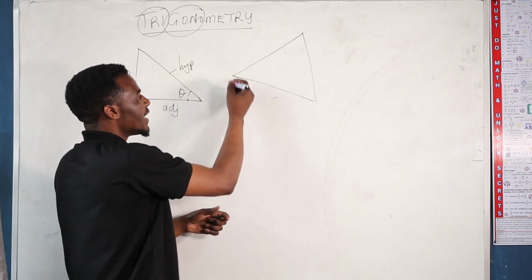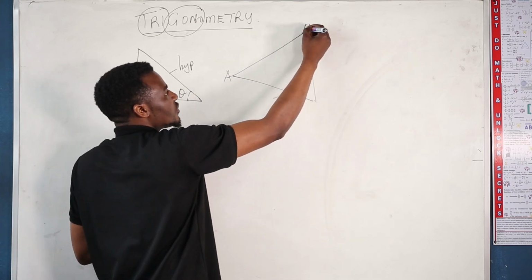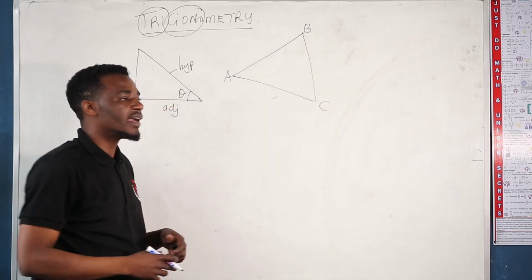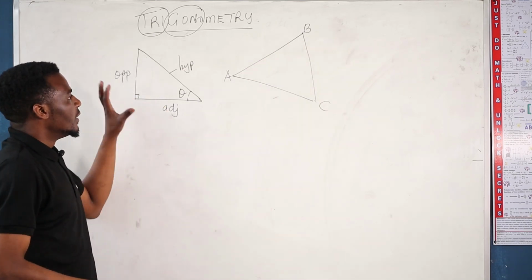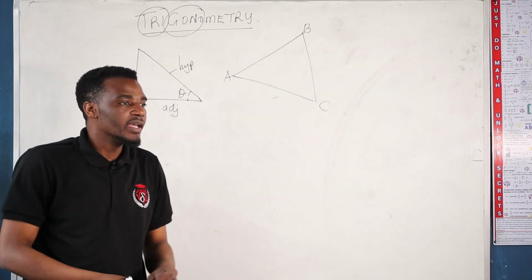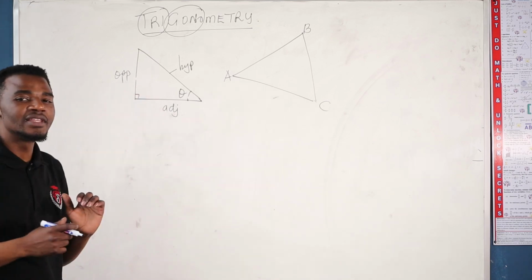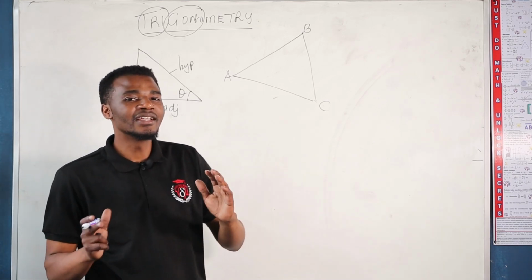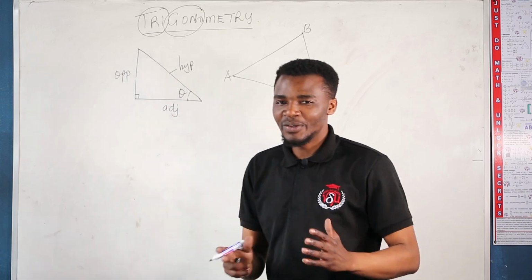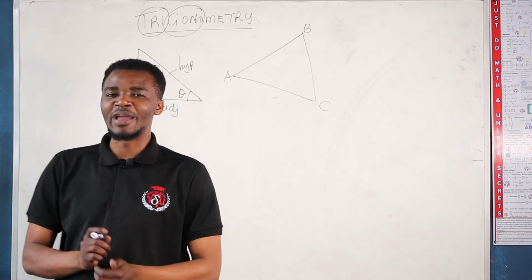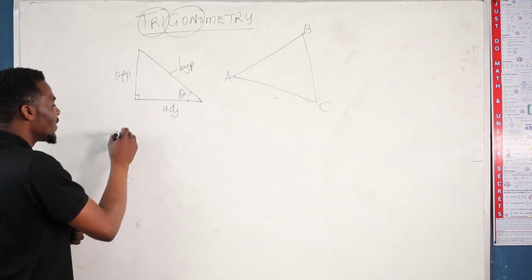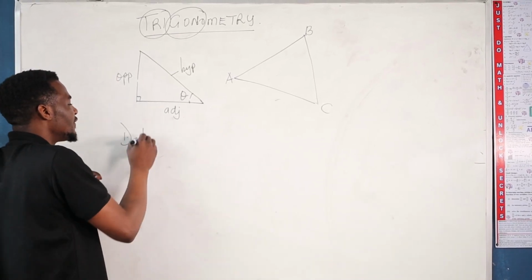What about a non-right angled triangle? On a non-right angled triangle, none of the interior angles is 90 degrees. So whenever you see a triangle, you need to check: am I dealing with a right angled triangle or a non-right angled triangle? What do you do if you are dealing with a right angled triangle? The first thing that you need to think of is the